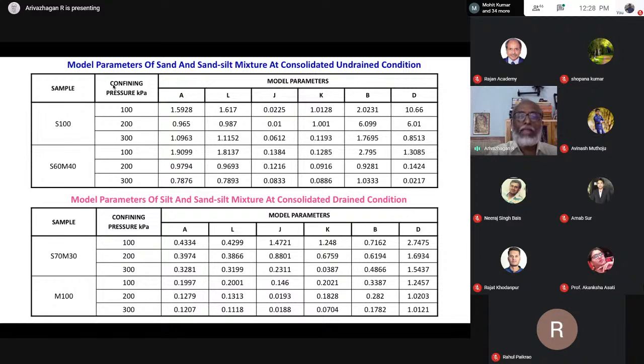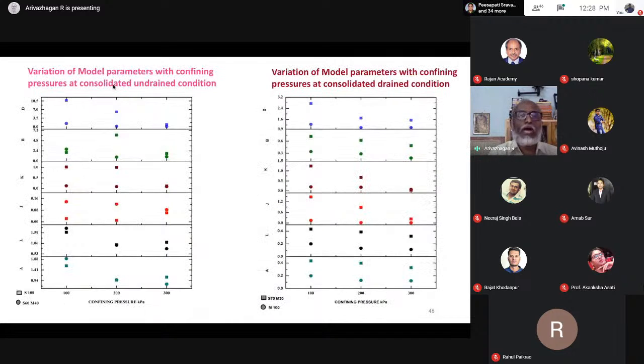These material parameters are estimated and tabulated here. This can be pictorially represented in the next slide. It is like this. A very good explanation. With this software, we can stack all the graphs. This is made by one of my students. It gives a very nice interpretation. See here the 100, 200, 300. That is the confining pressure. As the confining pressure increases, all 6 material parameters decrease. Here also the same thing, in both undrained condition and drained condition. So very good representation here.